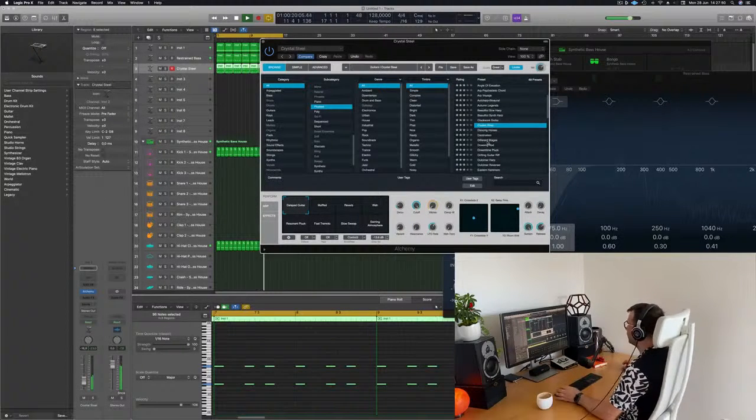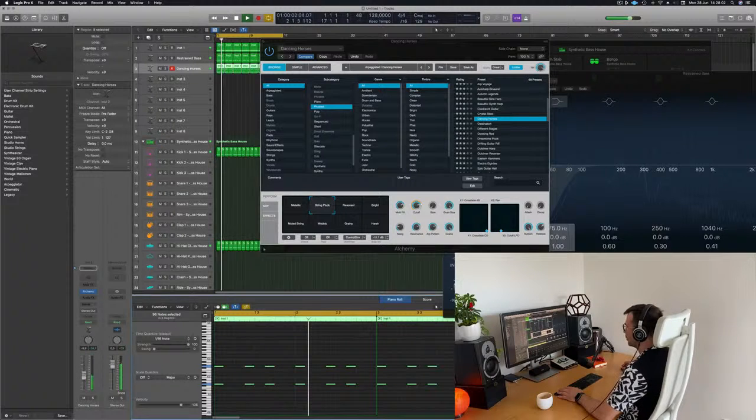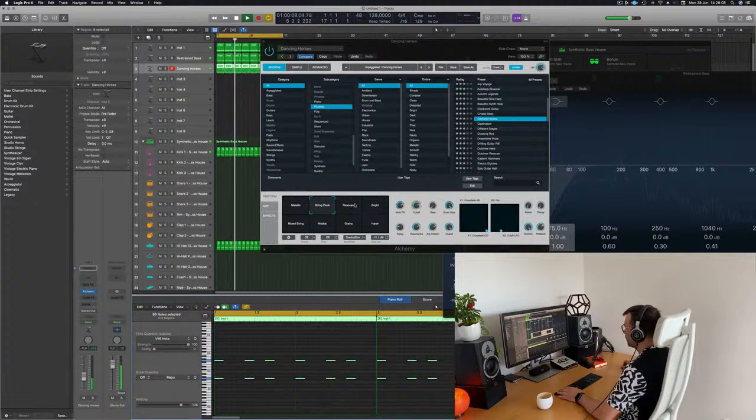Need a little bit of fuel here. What does that sound like? I'm not sure why there's a spike there with another key. I guess it's a harp.